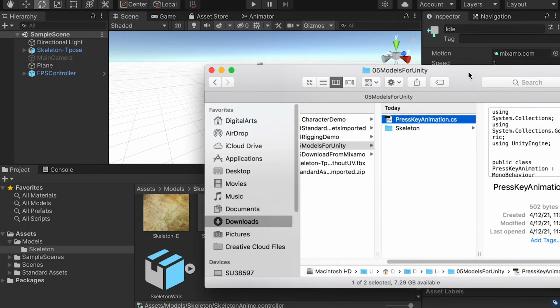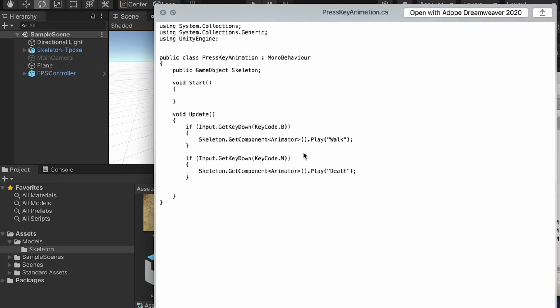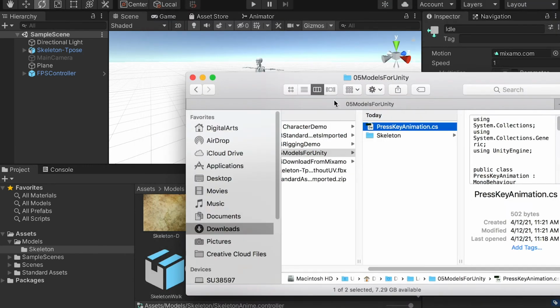So here I wrote a simple script. Basically the function is we're going to assign the skeleton game object, which is the skeleton character, and if you press down a key on your keyboard, which is B, you're going to get this skeleton's component, which is the animator component, and you're going to play an animation clip named walk. If you press down N, you're going to play the death animation clip. Okay, so now let's